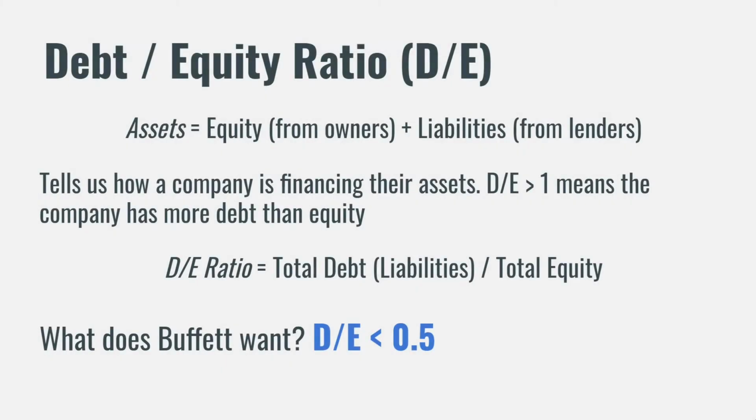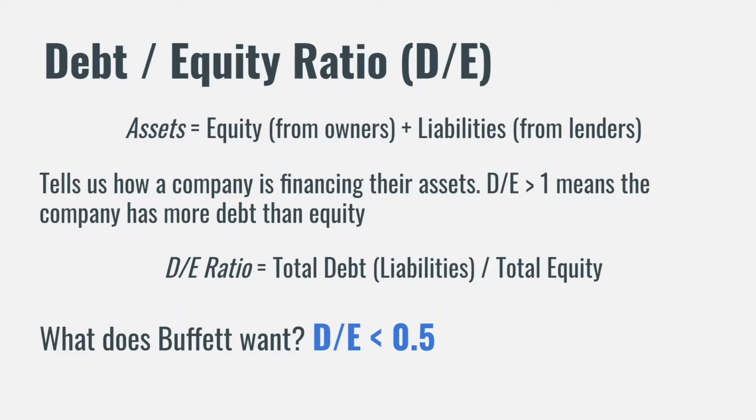All assets a company owns are either bought with equity or debt. Equity being the shareholders' money and debt being, for example, loans. The debt to equity ratio looks at how the company is financing their assets. If the debt to equity ratio is over 1, then the company has more debt than it has equity. A healthy company does not let debt get out of control, so a high debt to equity ratio is considered risky. High debt to equity may also mean that the company will have issues paying back the debt in the